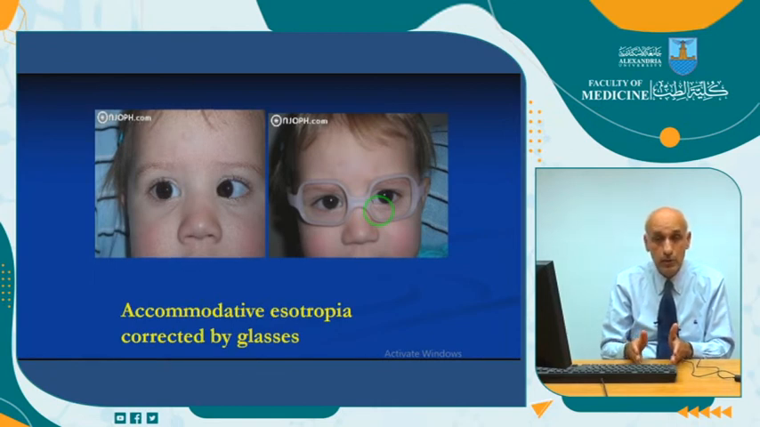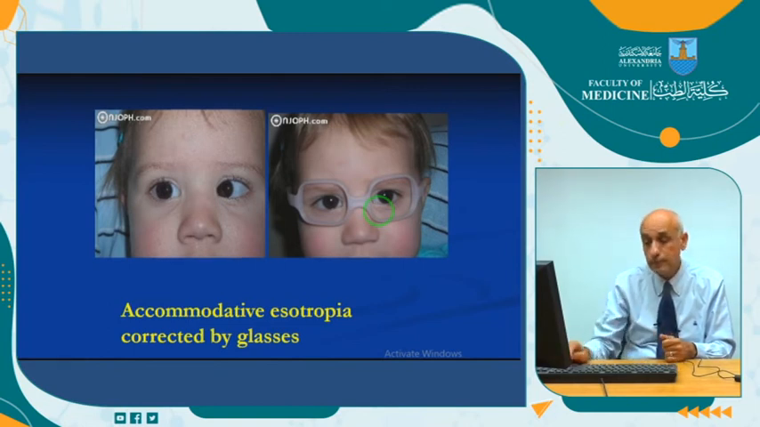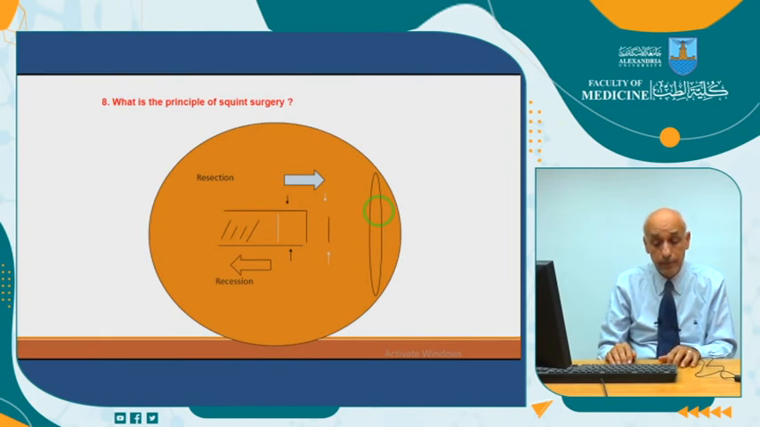After that, the residual amount you do by surgery, or if it is not corrected by glasses, you do surgery, but you do surgery after you do any amblyopic therapy for this eye if this eye has amblyopia. And lastly, we revert to surgery. The principle of surgery in our case is very simple,